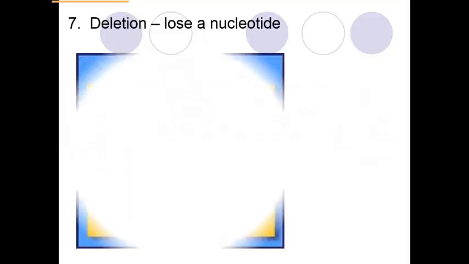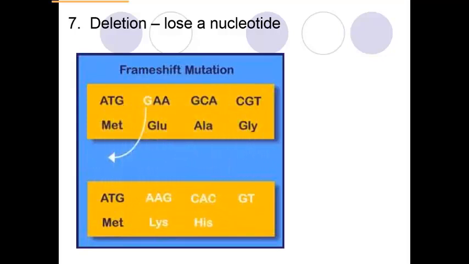And then deletion, very similar, only you're deleting a letter, you're losing a nucleotide. So in this one we're taking this G away, so that shifts all of our letters over a spot, and so instead of GAA giving us the glutamic acid amino acid, we now have AAG, because they're still going to get read in 3-letter codes. So since all these letters got shifted over a space, that gave us AAG, and on our circle chart that is a different amino acid. So again, from the point of the mistake and on, all of these amino acids are going to be incorrect.